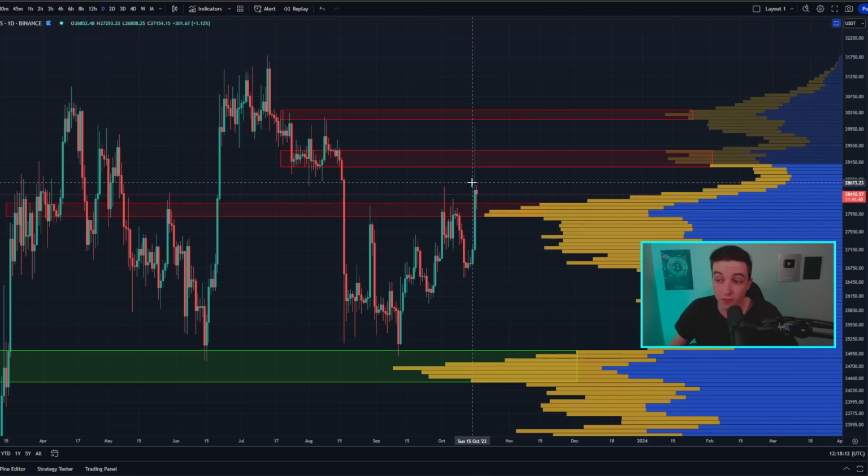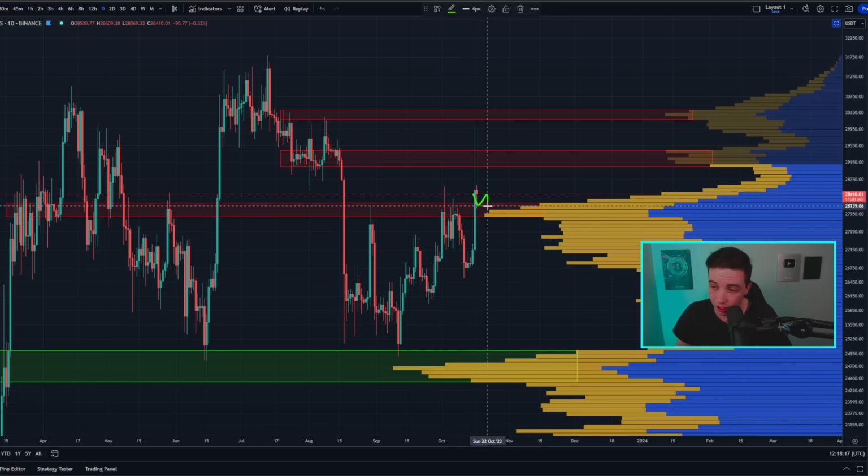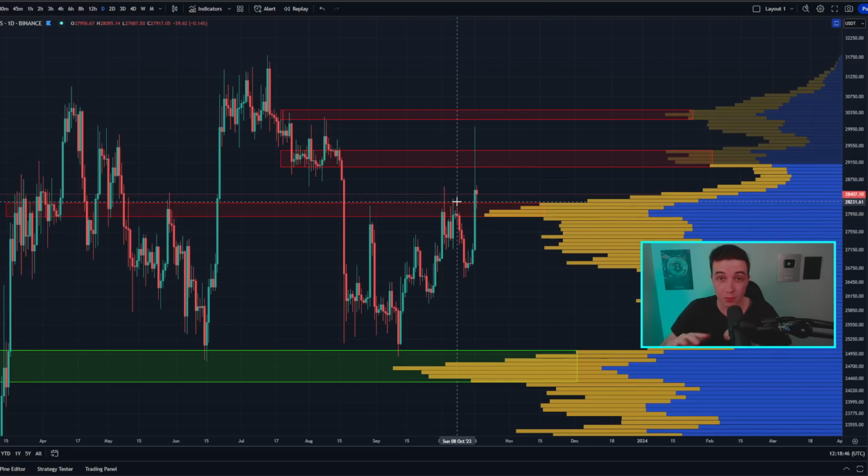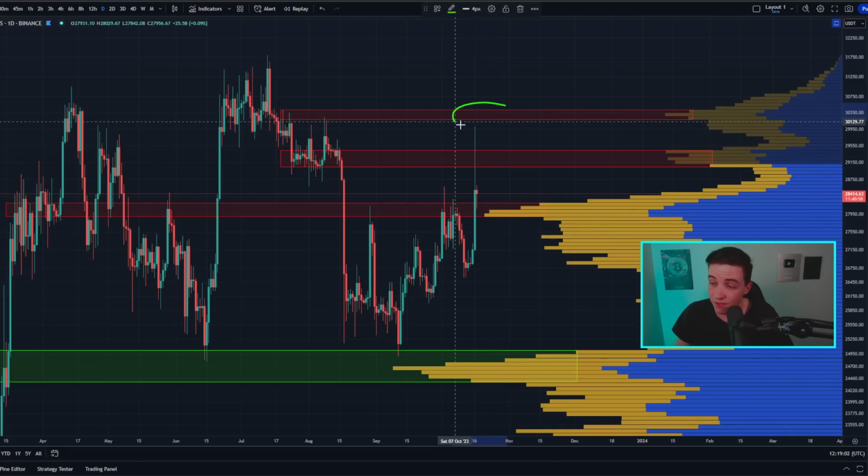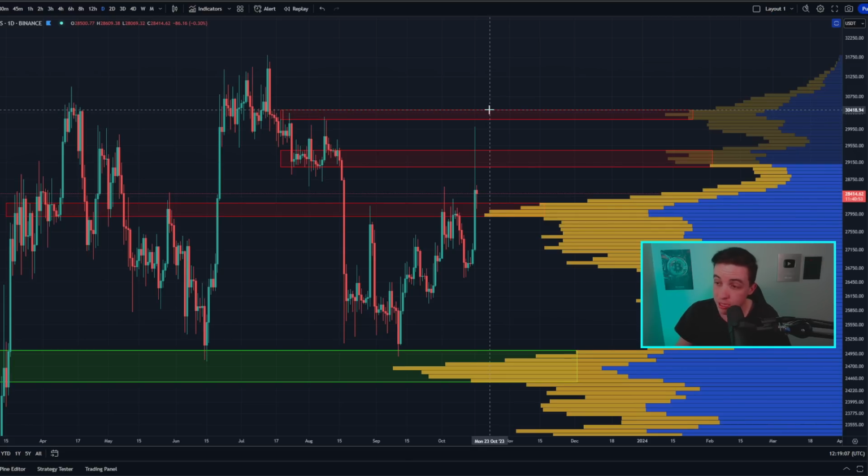And ideally, if the price actually confirms that as new support, basically if we bounce on that level or consolidate above this previous area of resistance, then that simply further confirms the fact that we are really breaking out to the upside. And now that we are seeing this breakout above this significant area of resistance, the next important areas of resistance based on the volume profile indicator are, first of all, this area sitting in between around 29.1k to 29.4k approximately. And above that area, we also have this area of resistance sitting in between around 30.2k to 30.4k.